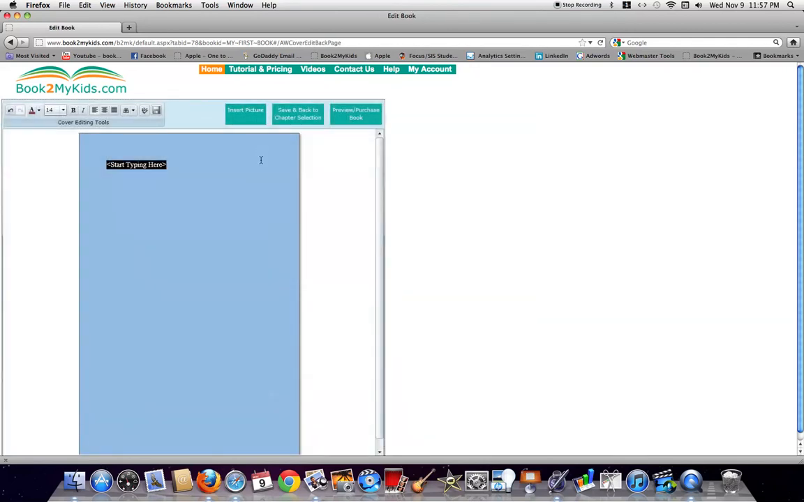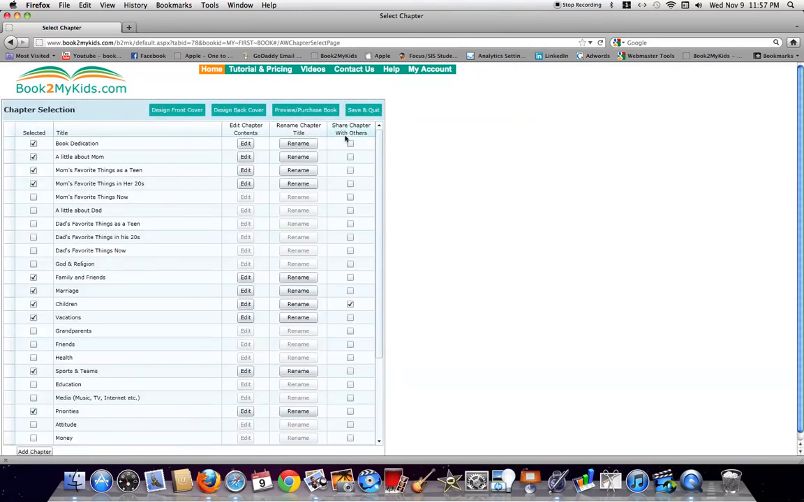Now you notice that the back cover is already the same color as the front cover, and you can't modify or change the back cover to be a different color. It's going to always take on the same properties. You could either start typing something that you want to have appear on the back cover, or what we're going to do is we're going to go back to the chapter selection, select the book dedication,